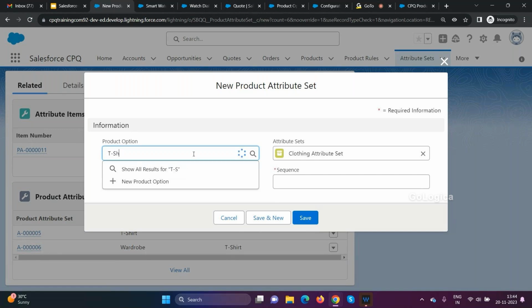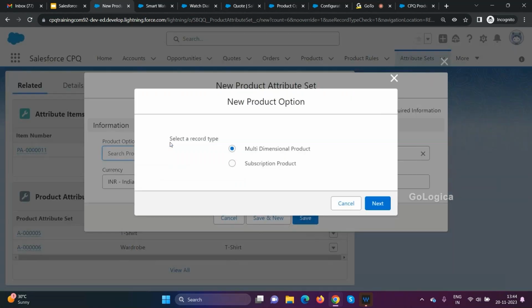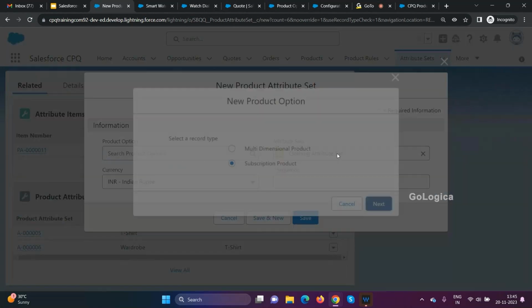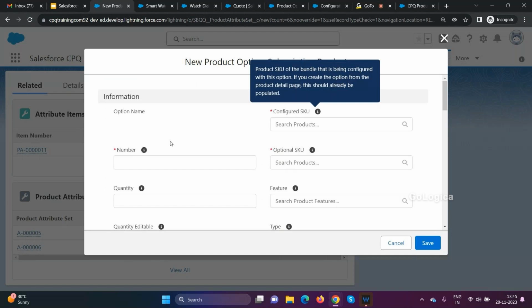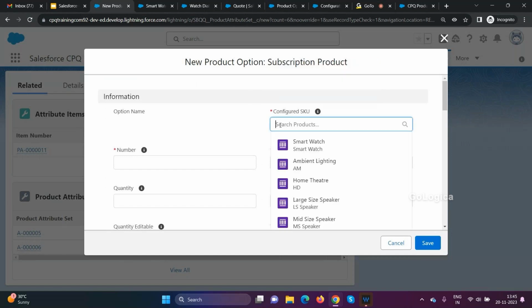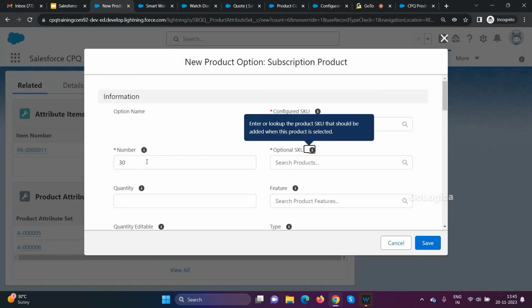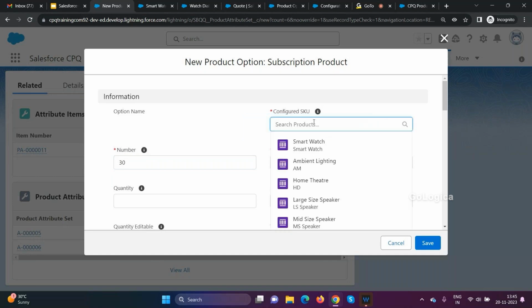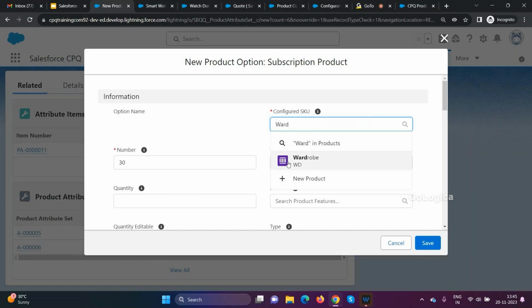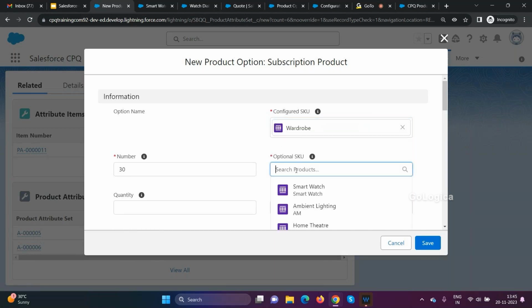this is already done. I don't know if I have created the product option. So I'll create one more. So configured SKU would be my main product. So I have my main product over here, and then optional SKU I will create it as